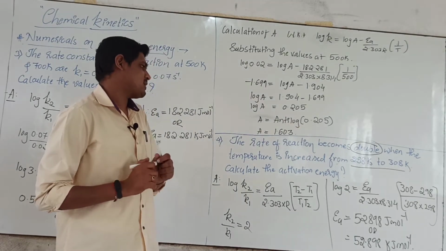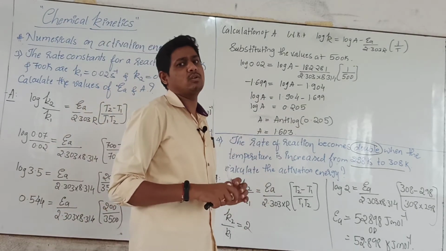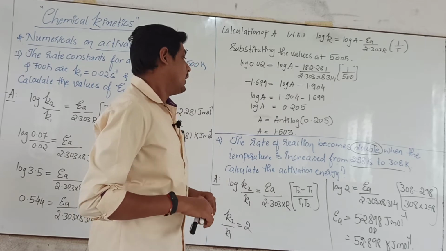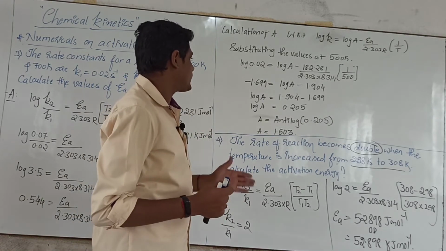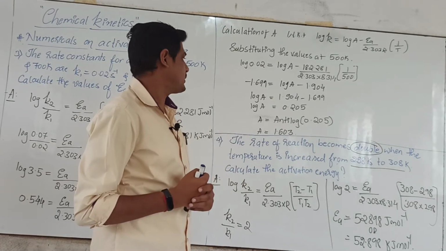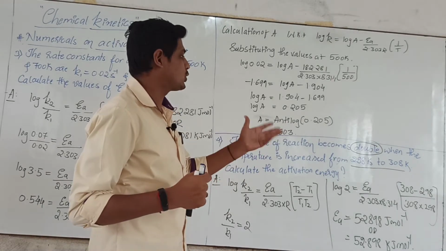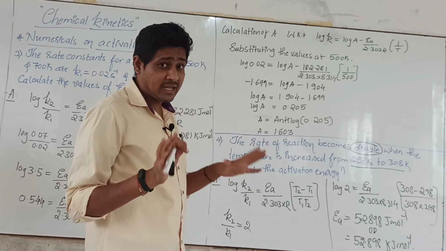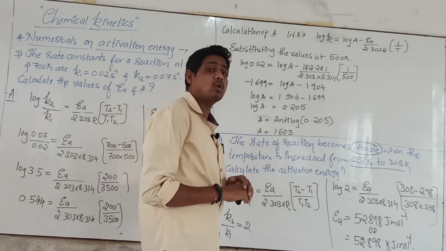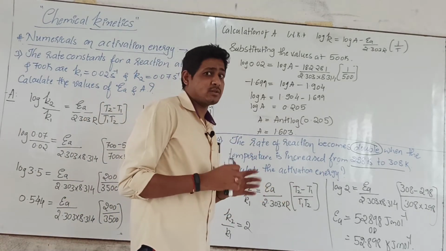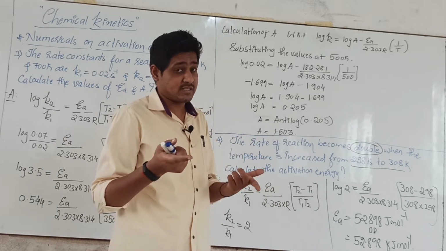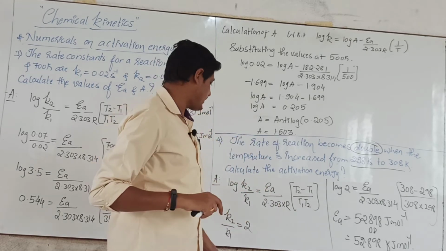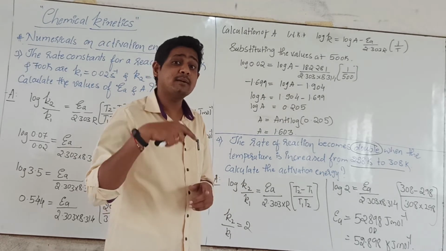Okay, just remember this. These are the tricky questions that you will get in your competitive examinations. So this one you have to remember, that the rate of a reaction becomes doubled when the temperature is increased from 298 to 308. Now again, this is a very simple form. In competitive examinations, what they will do is increase the temperature by 20 degrees Celsius. Then what will happen to the K2 by K1 value? It will become 4 times.